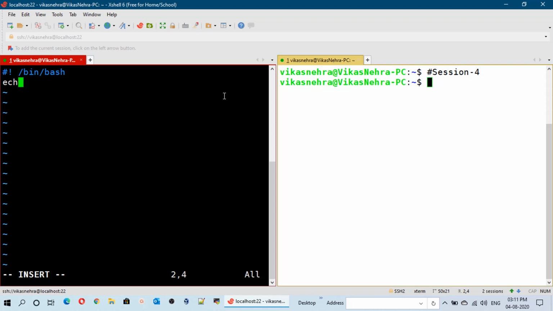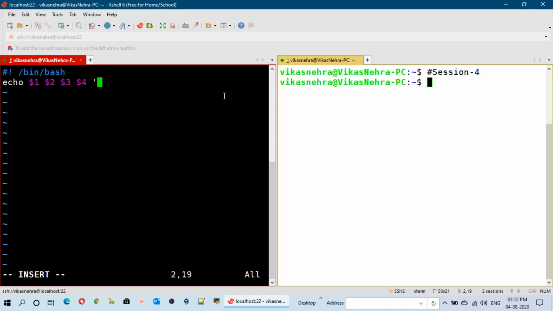After that we can use the echo command, echo and $1 for first variable, $2 for second, $3, $4. Since I only want to pass the 4 arguments, so I am using the first 4 variables.